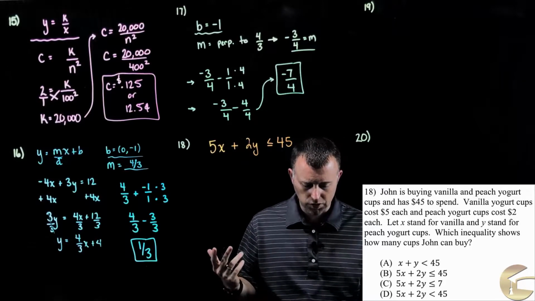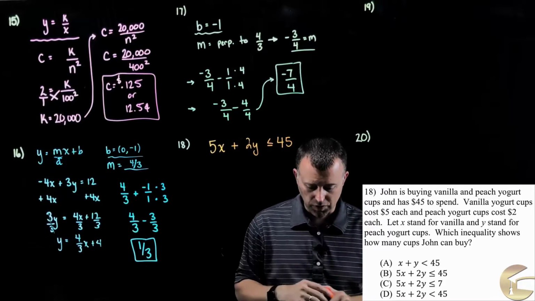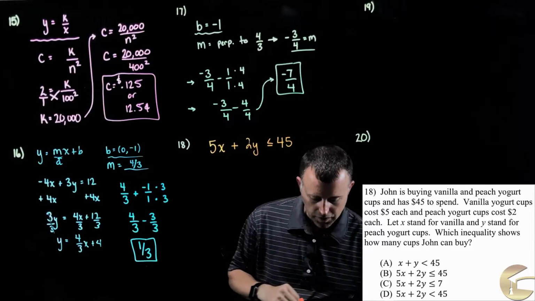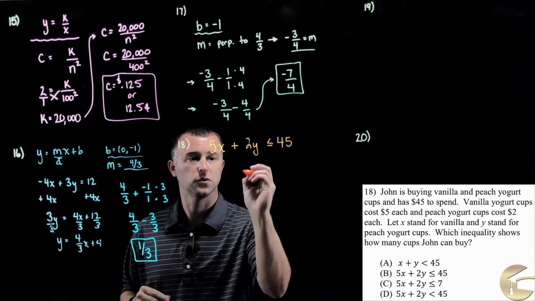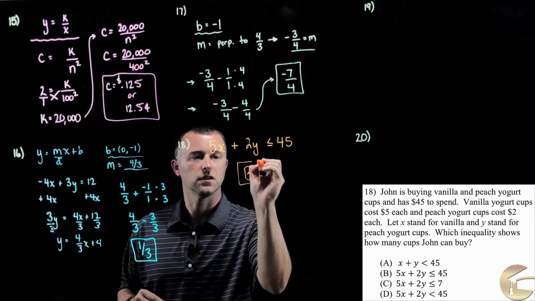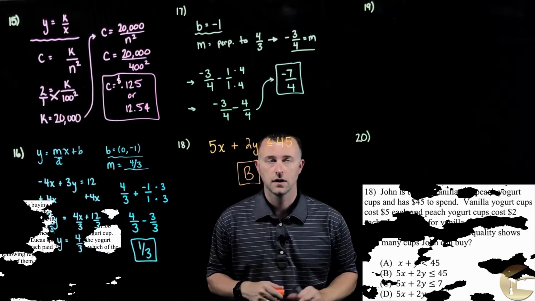So which inequality shows how many he can buy? Find the one that says 5x plus 2y is less than or equal to 45, and that is going to be answer choice B. That's going to be your answer for number 18. Number 19,